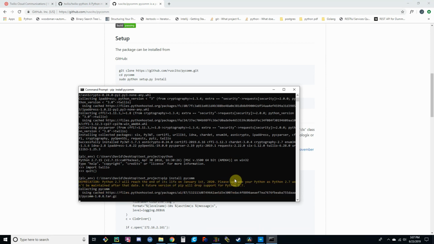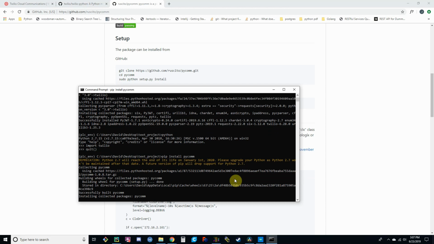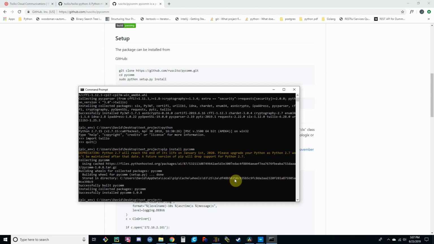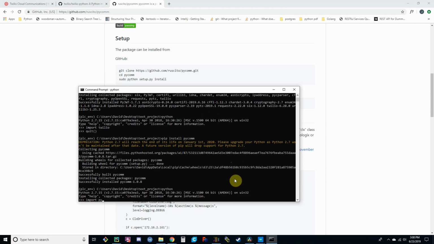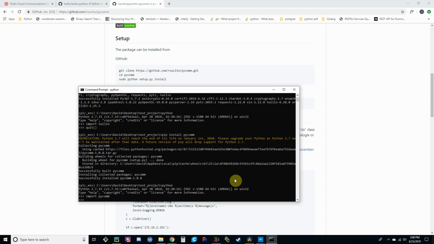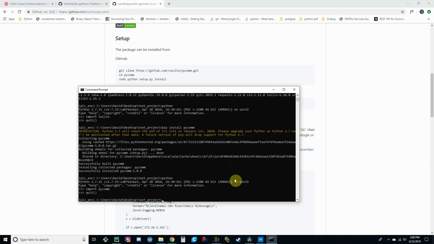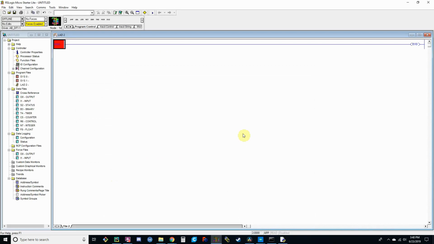Let's see what happens. Okay, so we kind of wasted our time on the last video, but hey, now you know how to clone from Git. So let's see if it worked. Import Pycomm. Cool. I'll take it. Okay, so before we start writing Python code, let's figure out what our PLC scenario is going